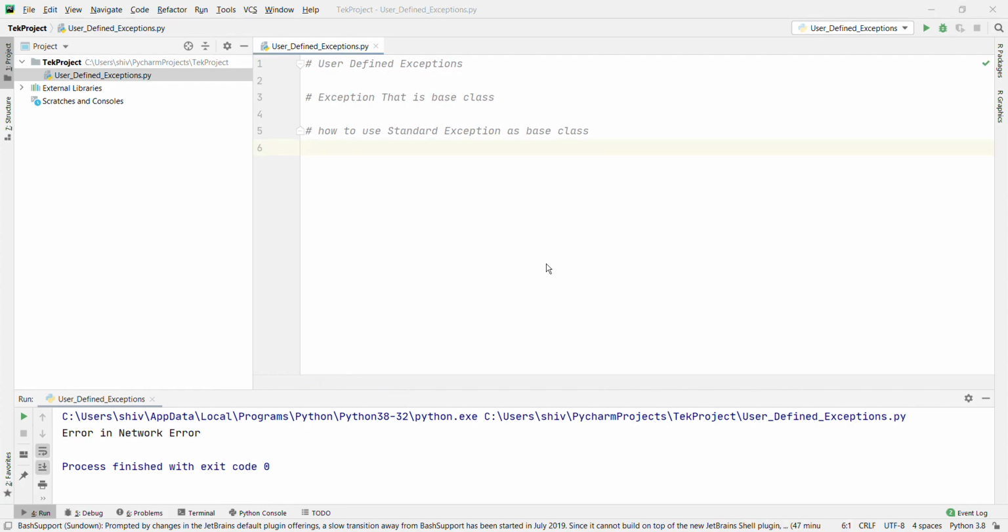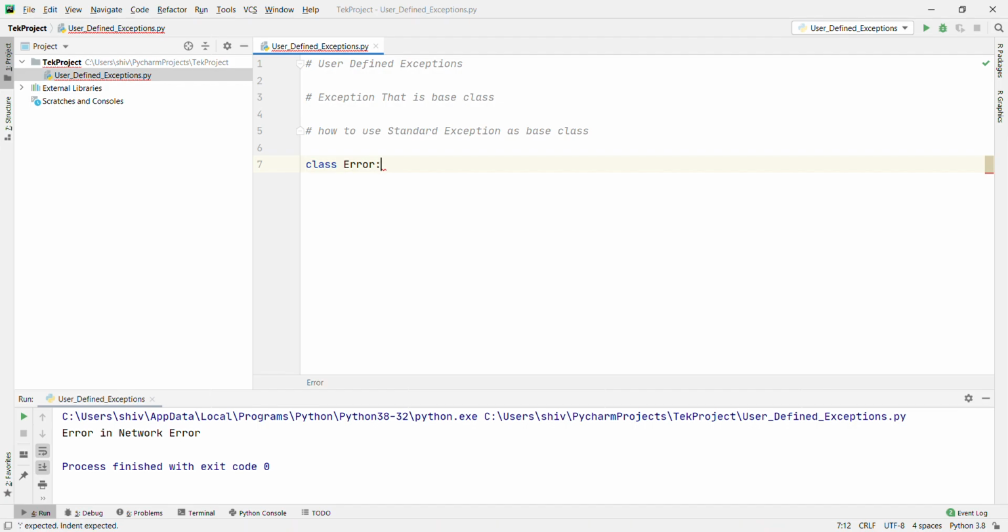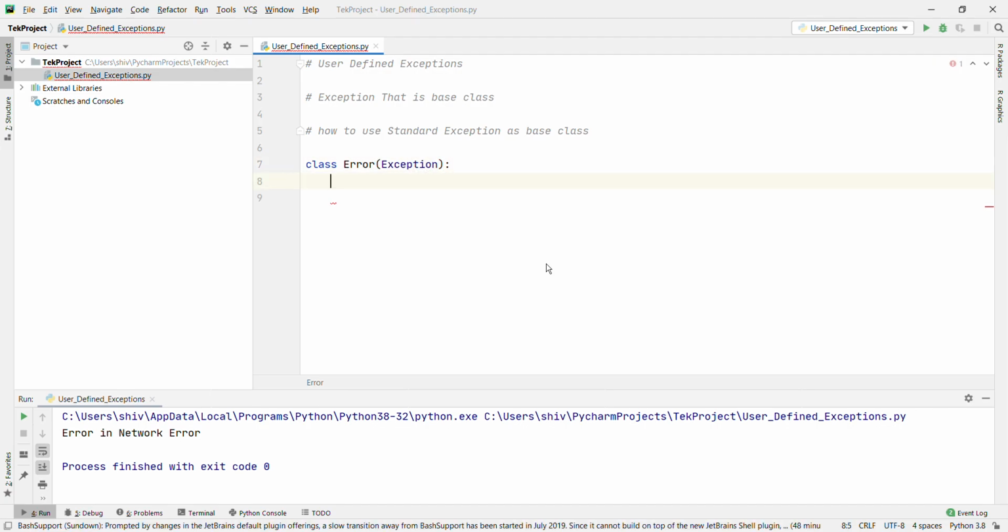Now we are going to give you one more user defined exception in Python. This program asks the user to enter a number until they guess a stored number correctly. Let's go with the example. Class Error, colon, passing the base Exception, and then pass.